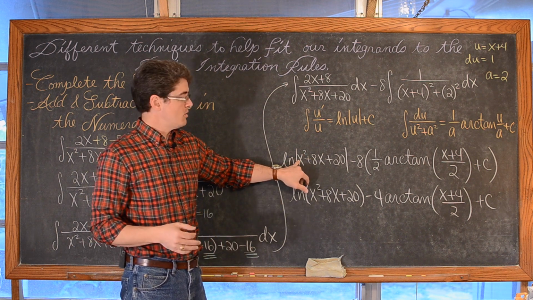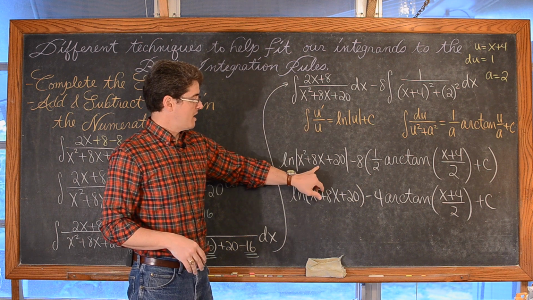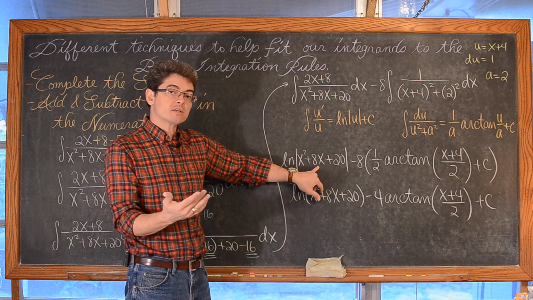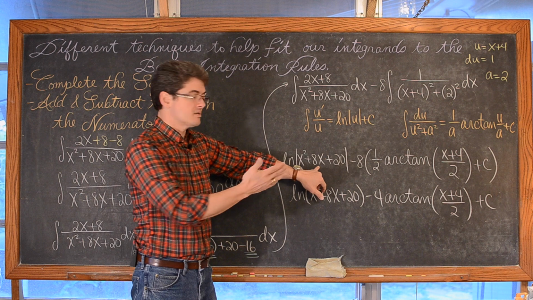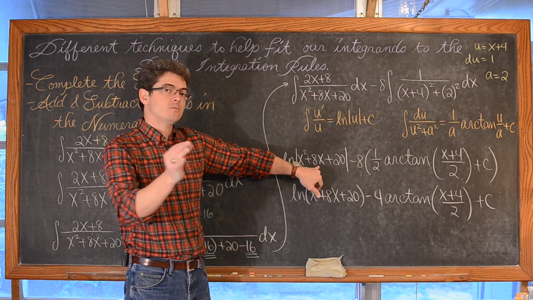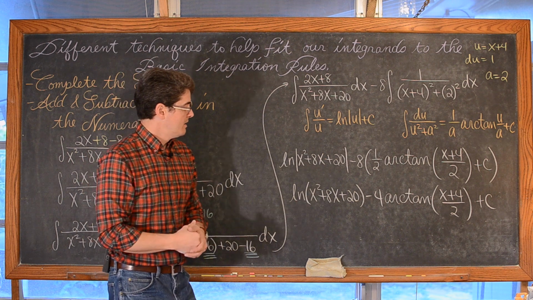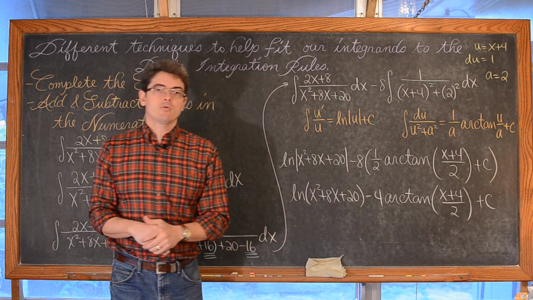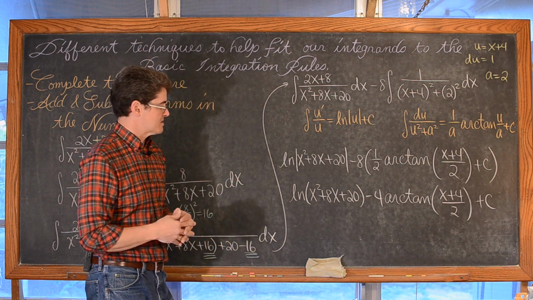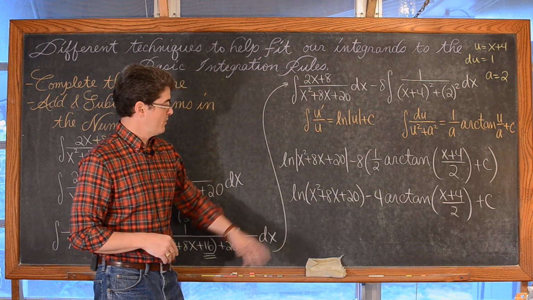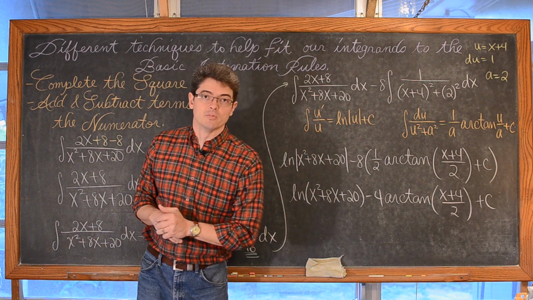But if you do graph this, whether it's with a calculator or noticing again power of 2, positive leading coefficient, thus it's opening up, and you find the vertex, whether it's by putting this into standard form or doing your little x equals negative b over 2a for the x of the vertex and then finding the y. At any rate, that parabola is always above the x-axis, thus it is always going to be positive, and we don't need those absolute value symbols.